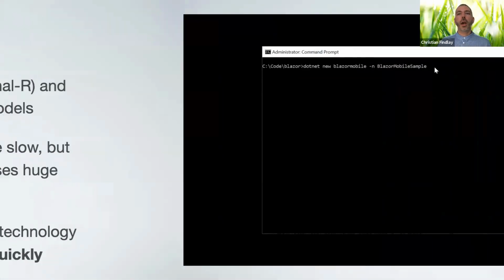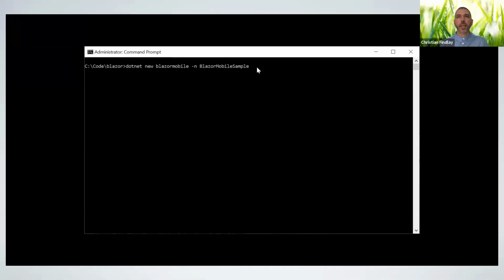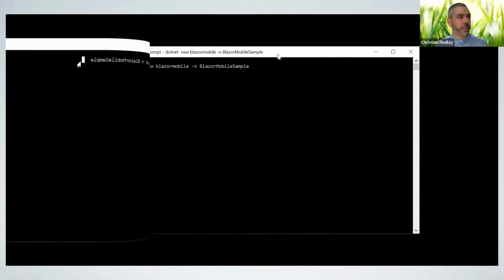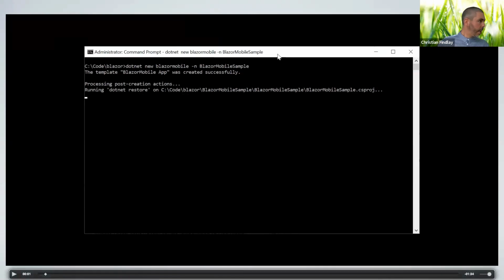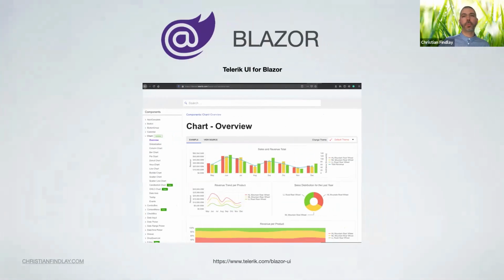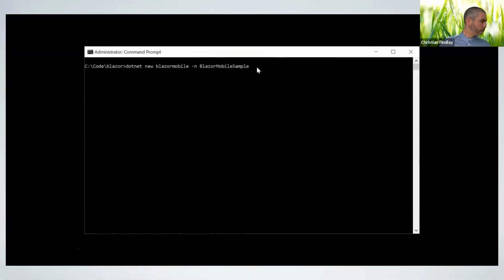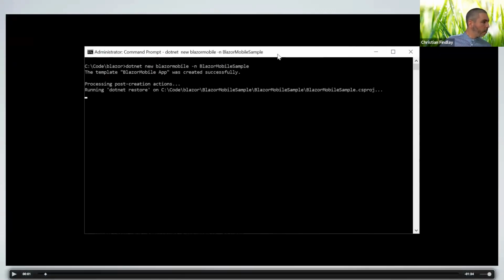All right, so a lot of people have seen the Blazor samples. This is one that I came across, which is a little bit different. What a lot of people haven't seen is the ability to bundle up a Blazor application with something like Electron.